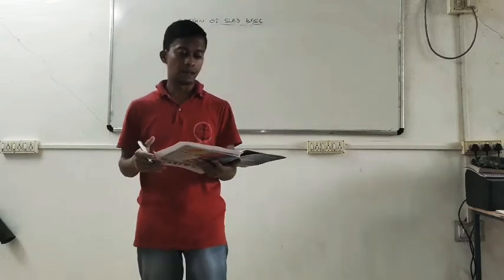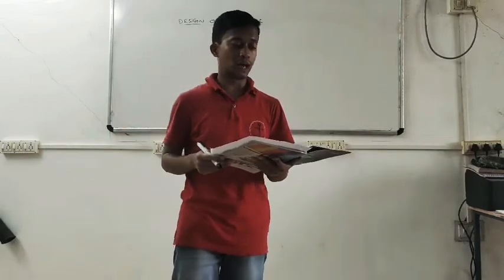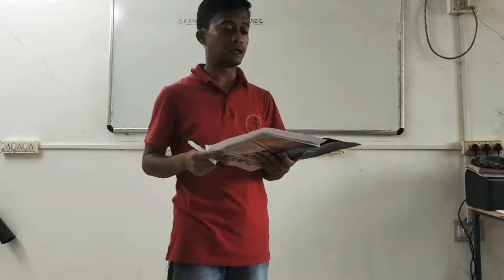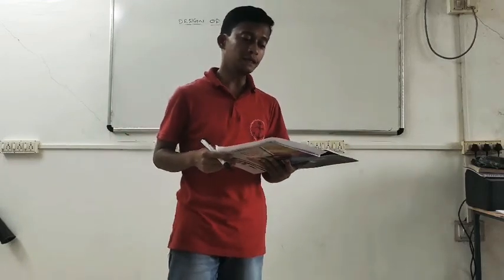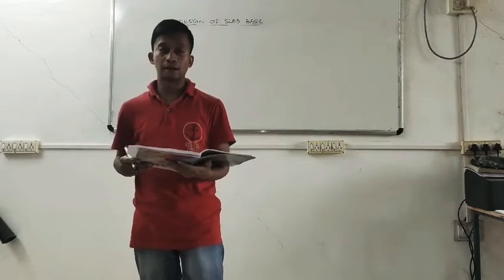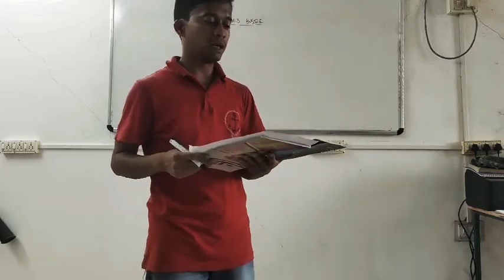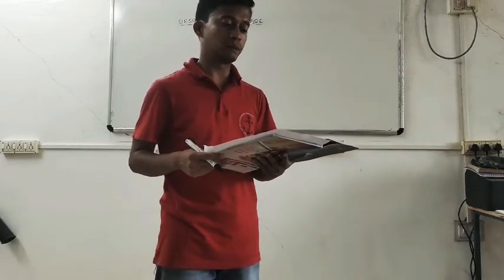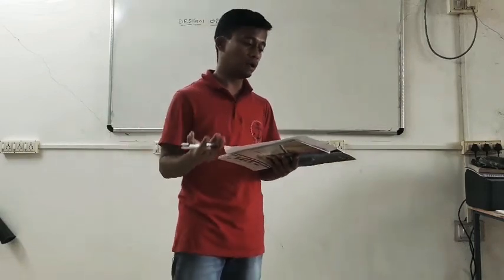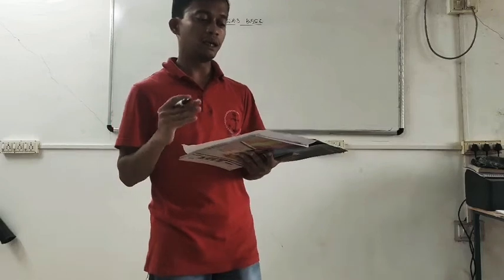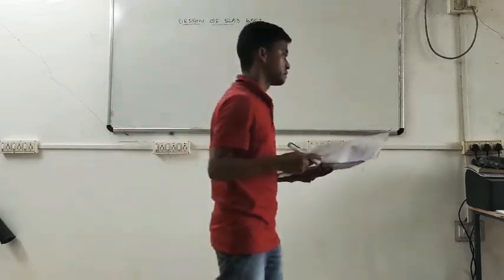Okay, so I am repeating the question. A column ISWB 300 at the rate 471.8 Newton per meter is to carry an axial factored load of 600 kilonewton. M20 concrete is used for the foundation. Design the slab base provided that welding connection in between column and the base plate.